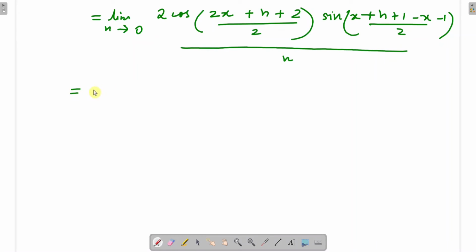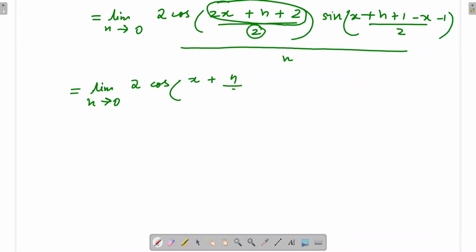So now we will get limit h tends to 0, 2 times cos of, if you divide this 2 to this numerator, you will get x plus h by 2 plus 2 by 2 will be 1, then sine of, here x and minus x will get cancelled, 1 and minus 1 will get cancelled, what will remain, h by 2,